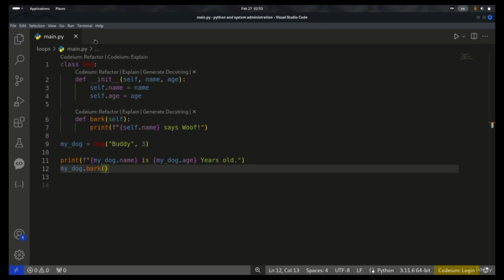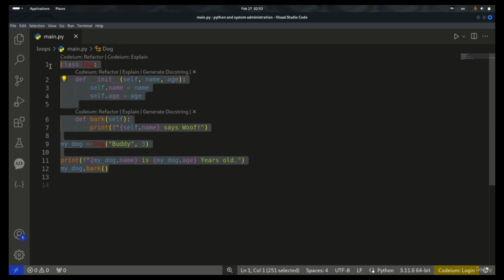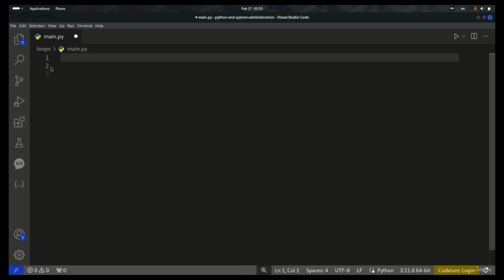Inheritance in Python. Inheritance is a mechanism in which a new class inherits properties and behavior from an existing class. It promotes code reuse and allows for creating a hierarchy of classes. So how? Let's go and remove all this we have here. I'm going to create new classes, and I will show you how to inherit that class within the other